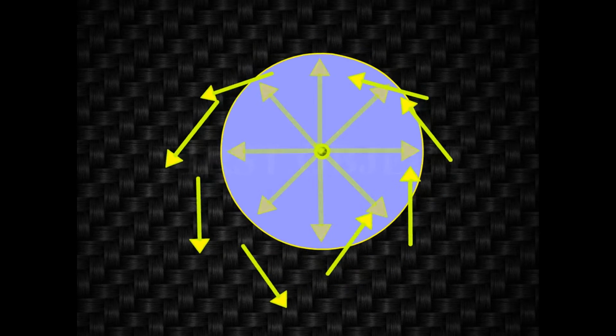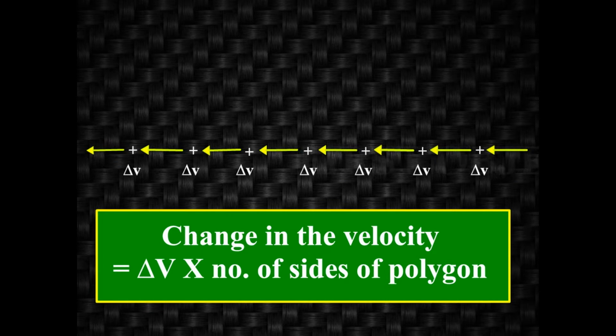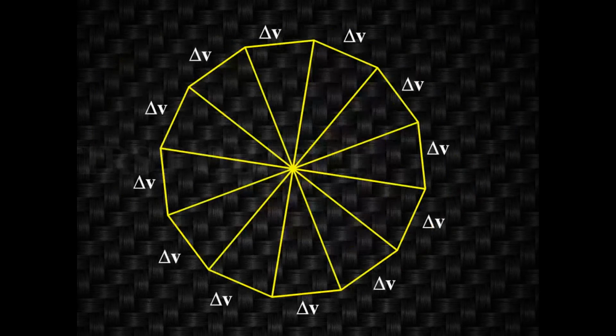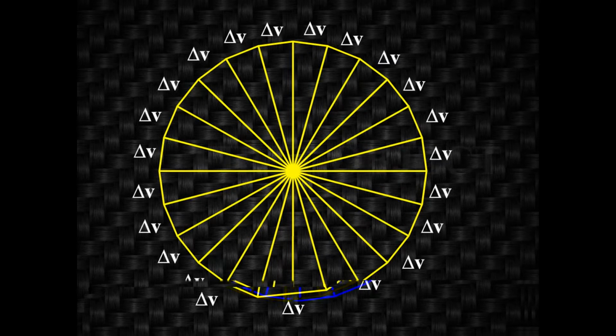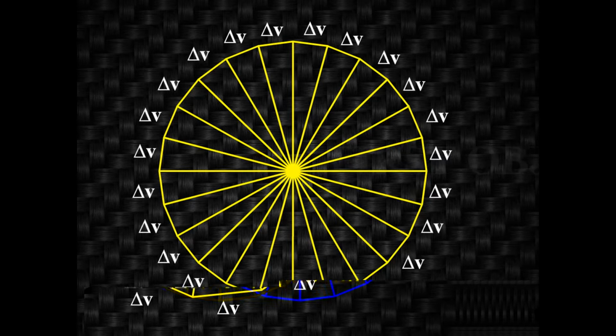The sum of the magnitudes of the changes in velocity during a complete revolution will be equal to the sum of the sides of the depicted polygon, but the direction of velocity is changing continuously. It is perfectly clear that the smaller we take the vertex angles of the small triangles, the lesser will be our error. The smaller the sides of our polygon, the closer they cling to the circle of radius v as shown. Consequently,